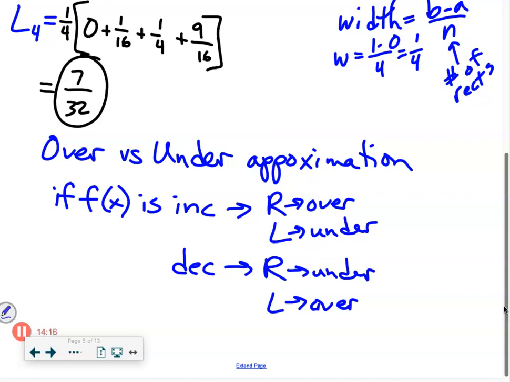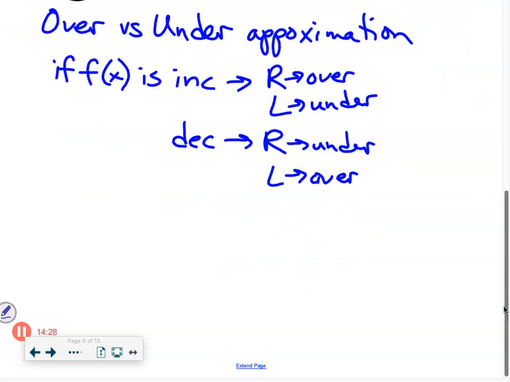Personally, I have never memorized this. On the AP exam, if you have to justify why your approximation is an over or an under approximation, say we do the right-handed sum with an increasing function. If I don't remember, I just draw an increasing function, pick a spot, do a right-handed rectangle and think, oh my goodness, I'm over. So then my answer would be,